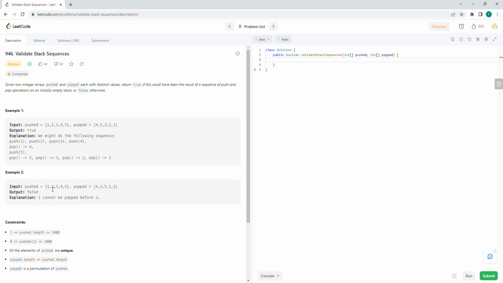So if we know the counter example, we can develop the algorithm. For each value, we push it in the stack, then we greedily pop the value from the stack if it is the next value to pop. And then we just check to see if we have all the pop values necessary in successful order. So in order to do that, we need to develop an integer, call it n, and that's going to be the size of the array. So let's just call it pushed.length.